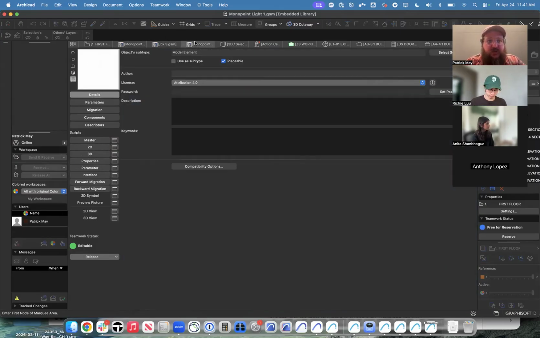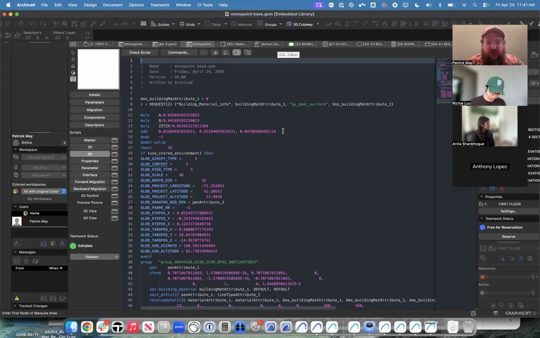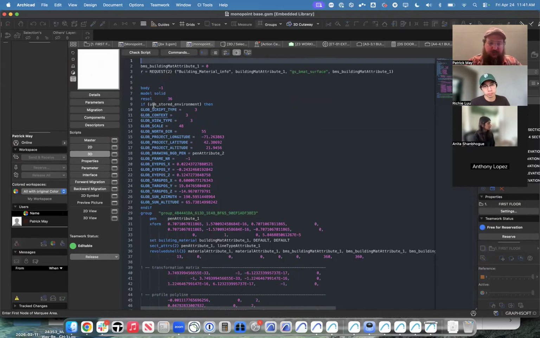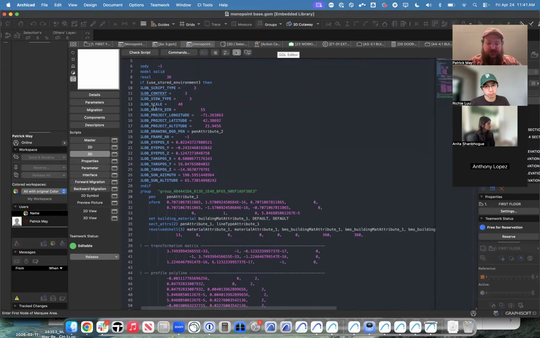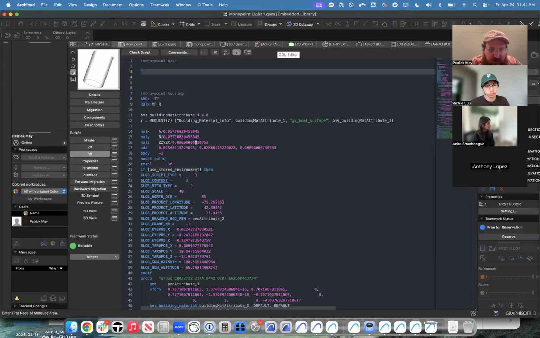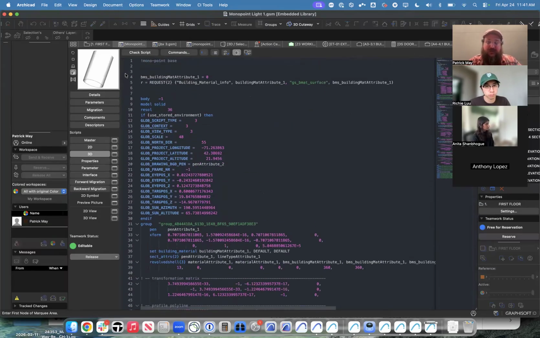If we go to the monopoint piece right here and go to our 3D script, again, we're going to get rid of the add and the mul commands here and get rid of the comments at the top. There's a really simple rotation. So we're going to grab this whole script and copy it, and we'll come back into this one. We also have to get rid of the add commands here. We can keep the mul commands if you want to be able to resize the housing. If you needed to resize the housing and the base, you would have to create additional parameters for those sizes. Anyway, so now we should see